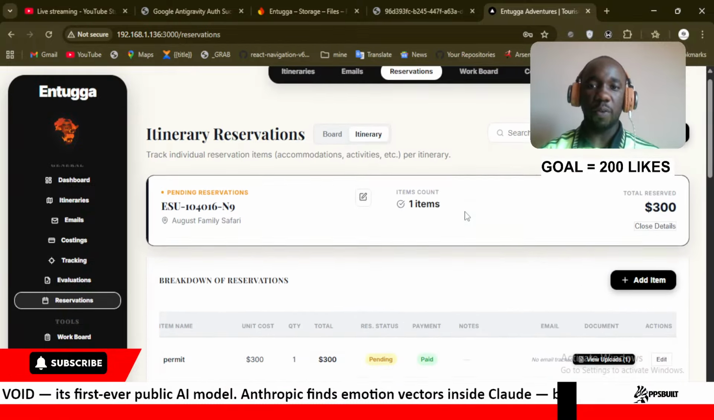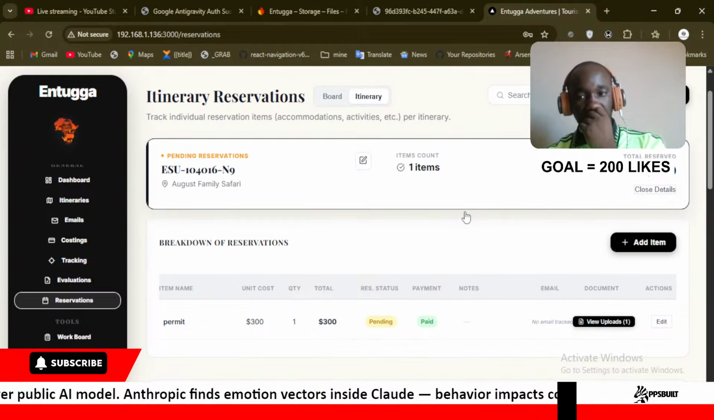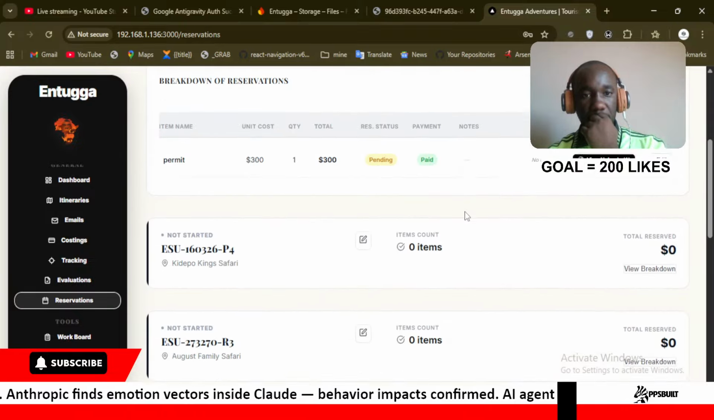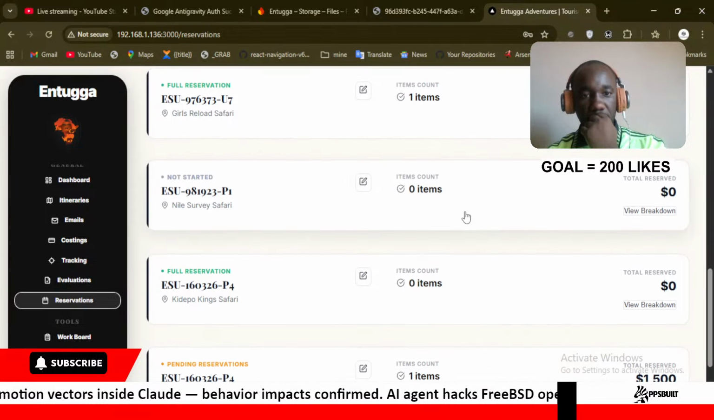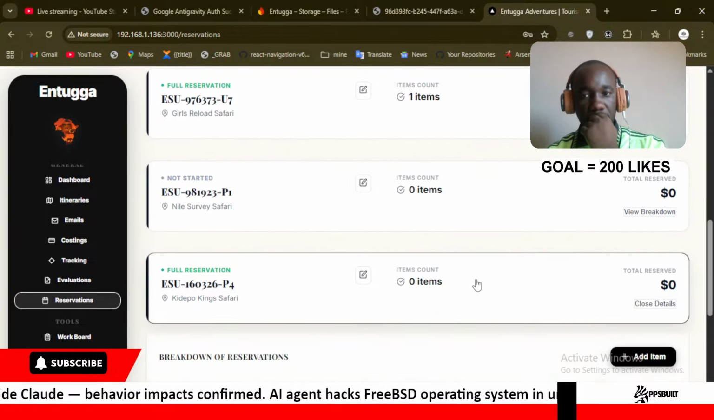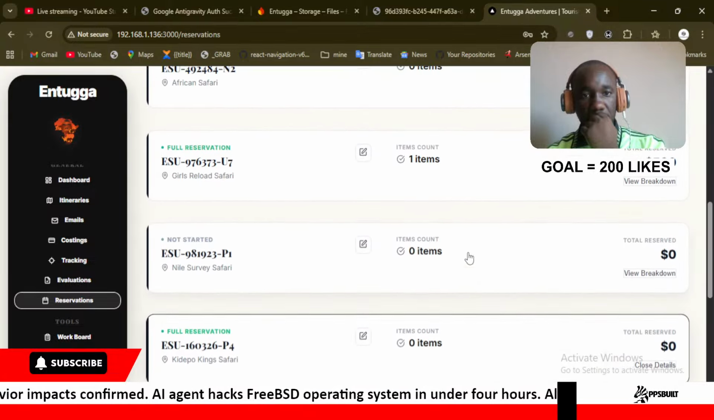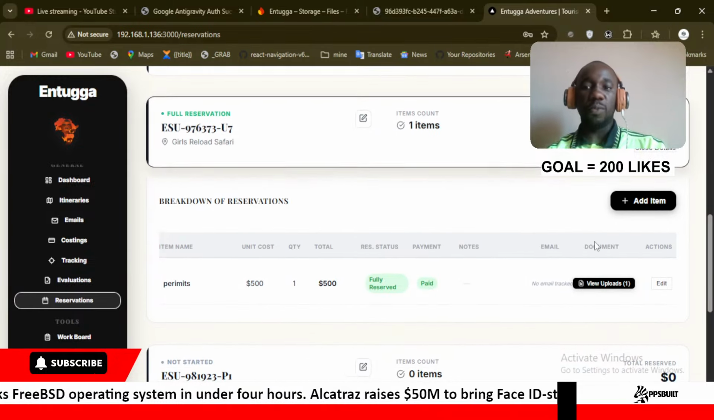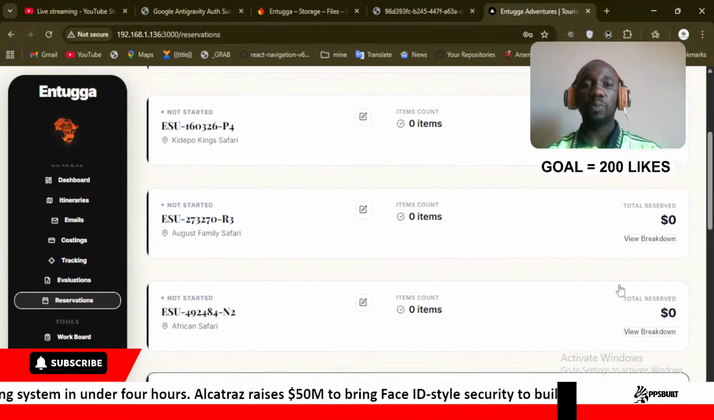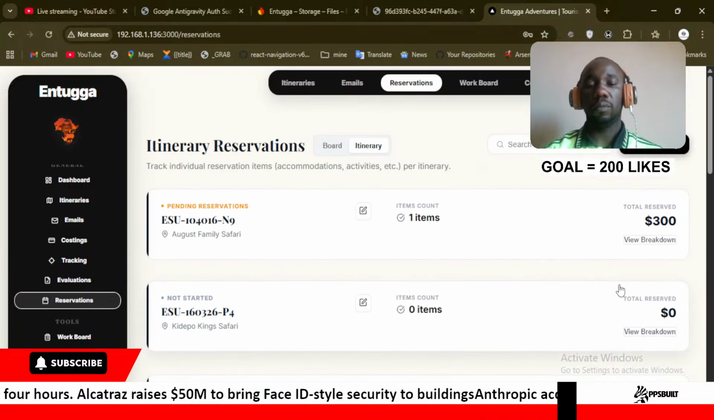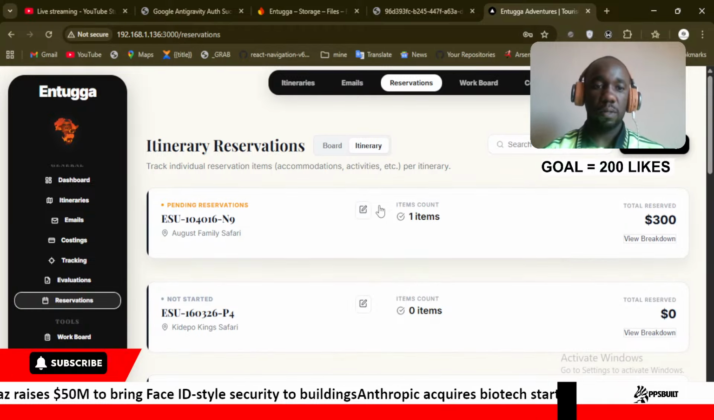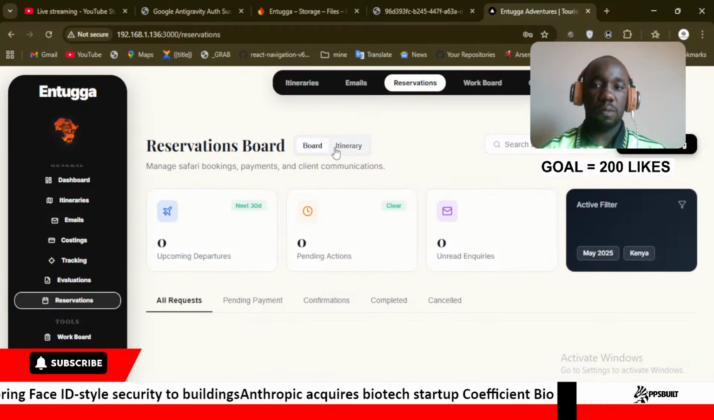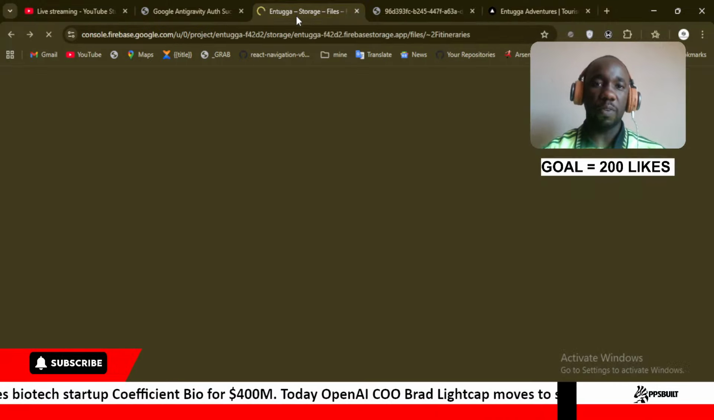This one works very well. I think we are going to use this one. Works very well. Because I can view the items here, they are being fetched. Each works. Let me go to the reservations in the